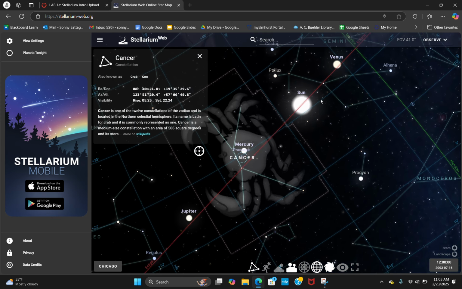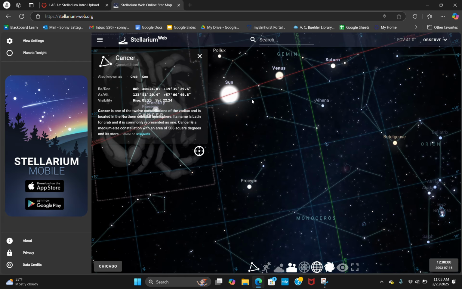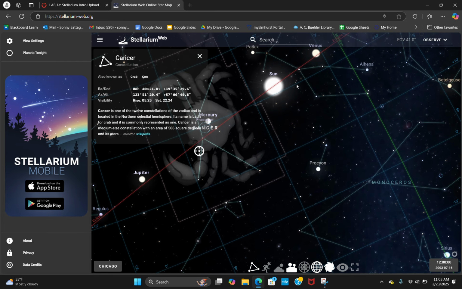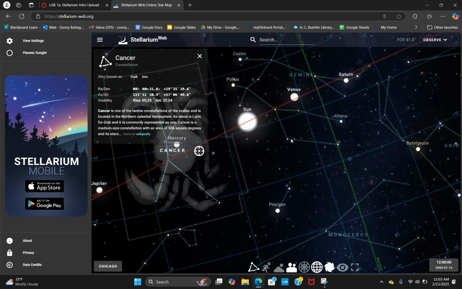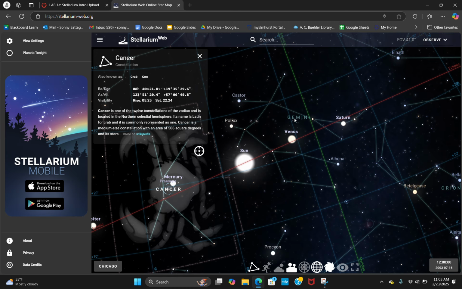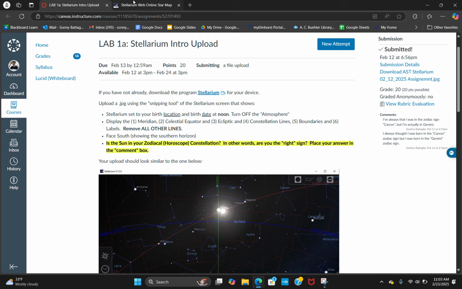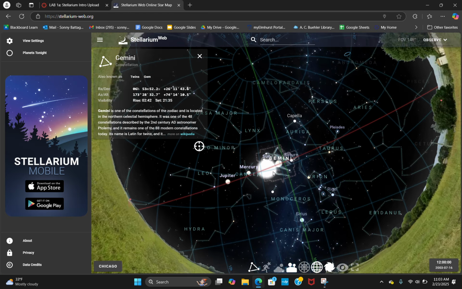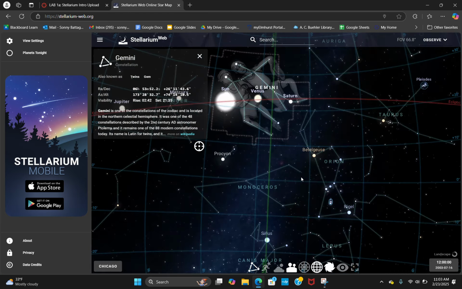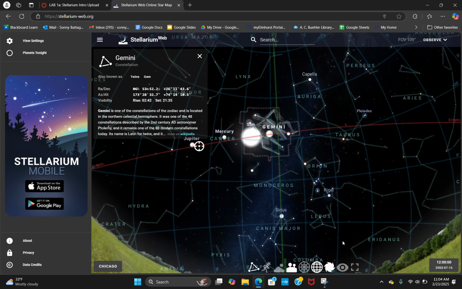And for me specifically, I always identified with Cancer the crab because that's what popular media has said has been the zodiac sign for July. However, when I was born, we can see the sun was actually not in Cancer, it was in the zodiac sign Gemini. And so after you do all this, you can zoom out a little bit, and then go to